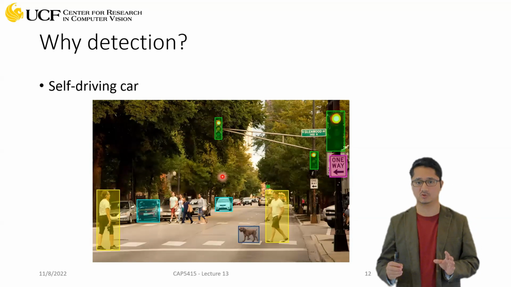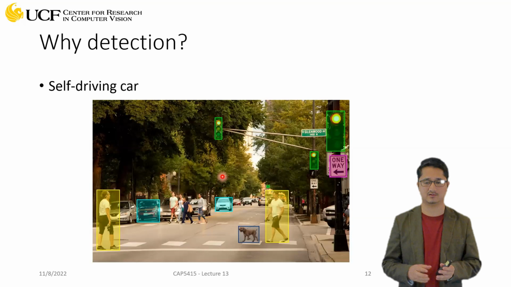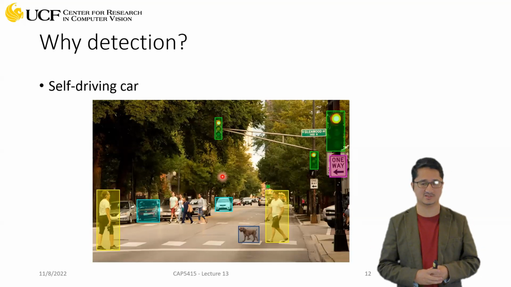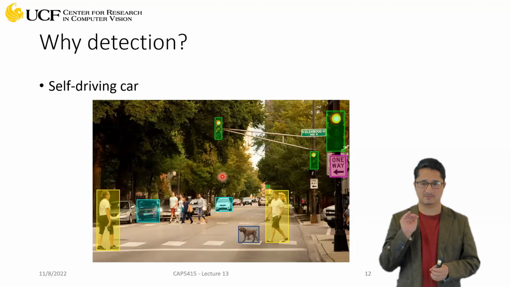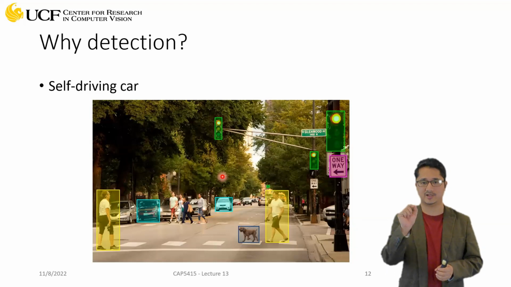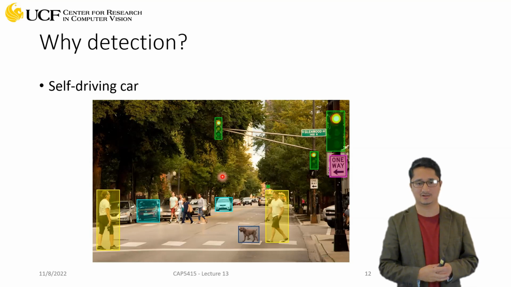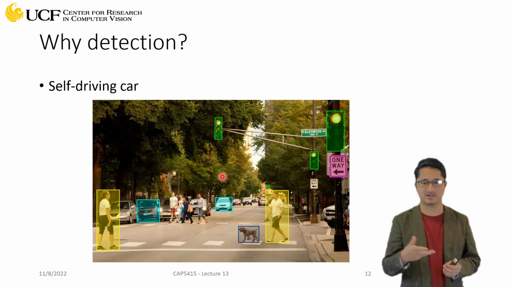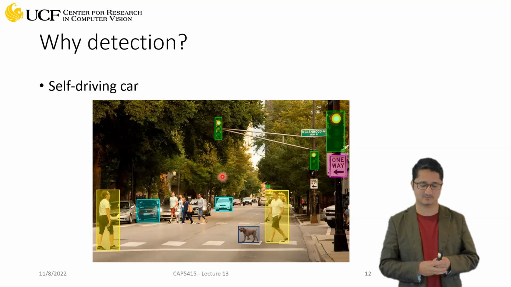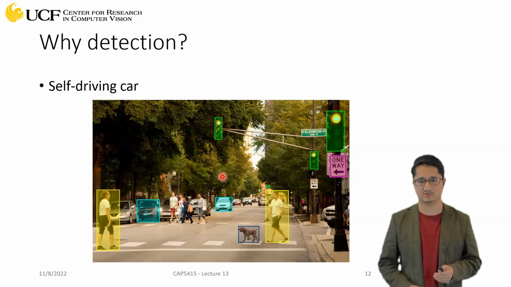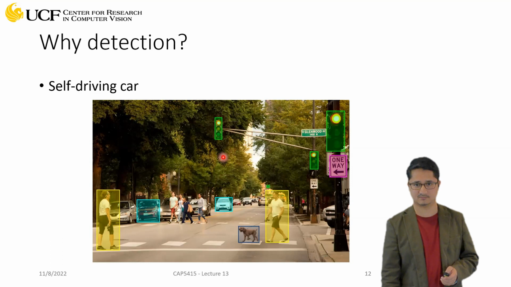Yeah, that's fine for the course project. But if you think from a real world application point of view, just classification might not be sufficient, right? Because when you're driving the car, depending upon how many signals you can see, you might be seeing a signal which is not in your lane. So just recognizing it's a green light is not going to help you out. Yeah, you're right, I understand. But for the course project, I think that's perfectly fine. Don't worry about that. Okay, thank you so much.